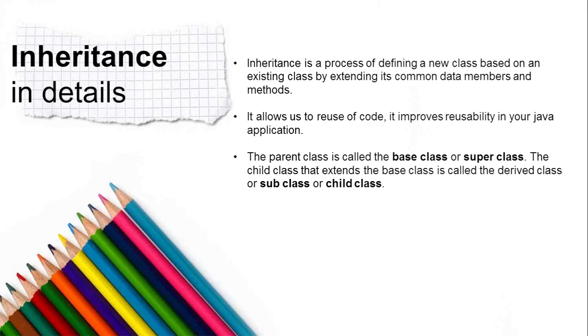One code which you have developed by writing one class can be simply reused by just inheriting that class. So you'll get this property from that class to your class. So it improves the reusability of your Java application. For example, suppose a class you have written to create a bicycle. That bicycle you have created, and you have written 1000 lines of code for it.